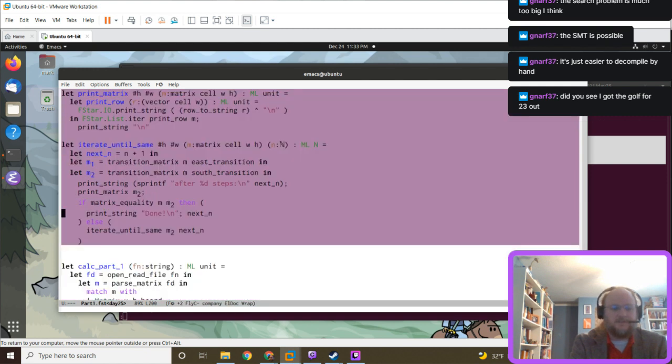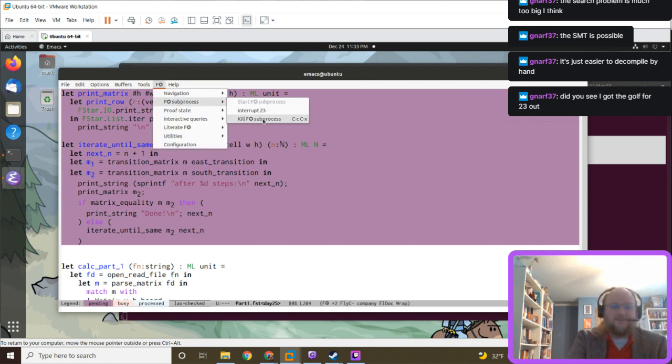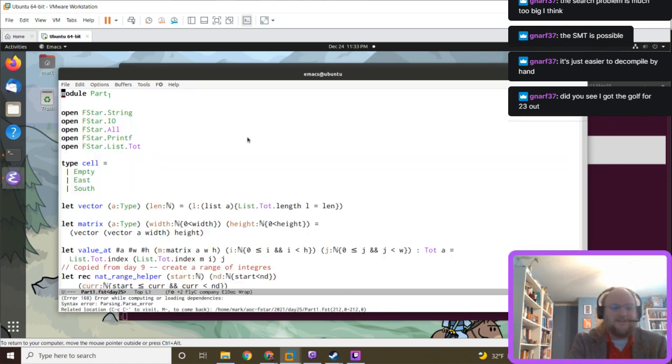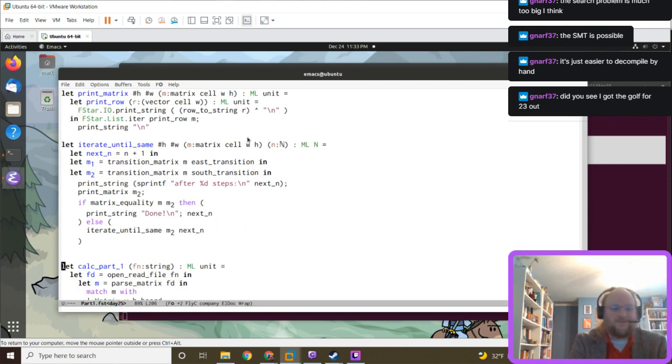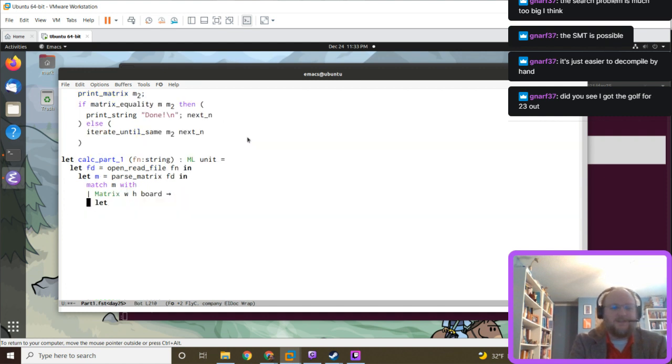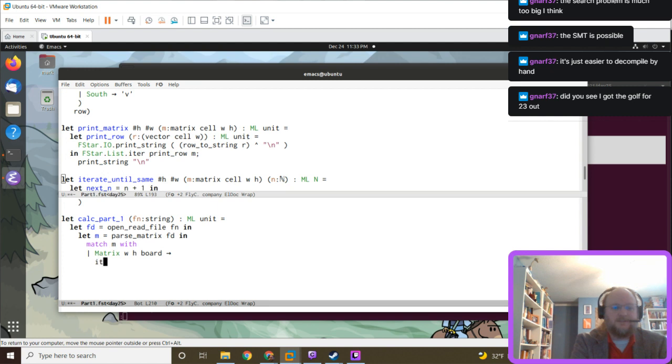Confused the interactive session. I should go through and count how many times I do this. Oh, because I left this function unwritten. All right, so we just want to iterate until same M0.